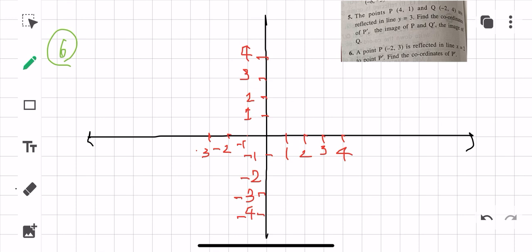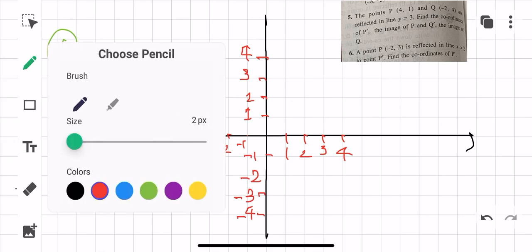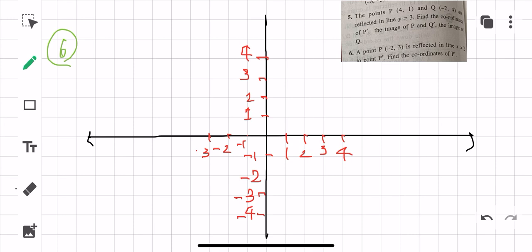Okay, so how are you going to draw? See, this will be my line. I'll be using black again. X is equal to 2 means it will be passing through x is equal to 2 point, like this. Okay, so this is my line. So basically when you say x is equal to 2, it means that the y coordinate has to be 0. Okay, and then what you will be writing, see here,